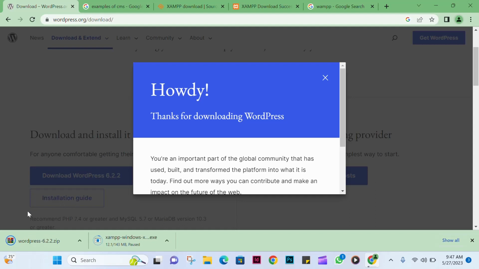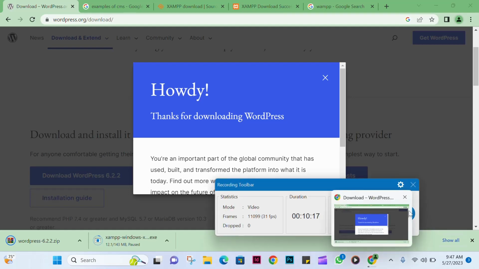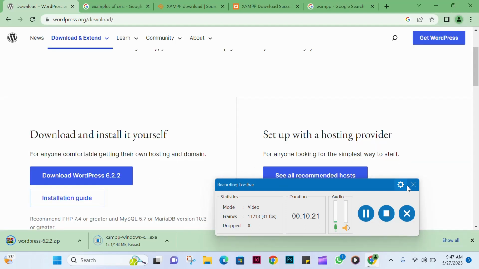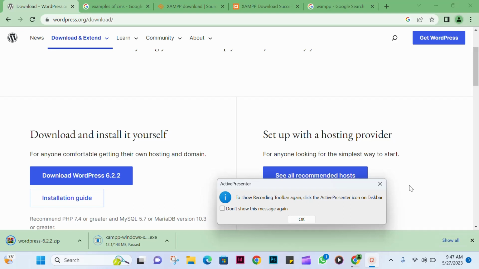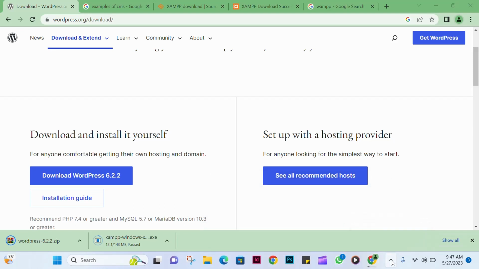Now after downloading, this is our WordPress file. I wanted this to take around 20 minutes. Now this is the WordPress file.